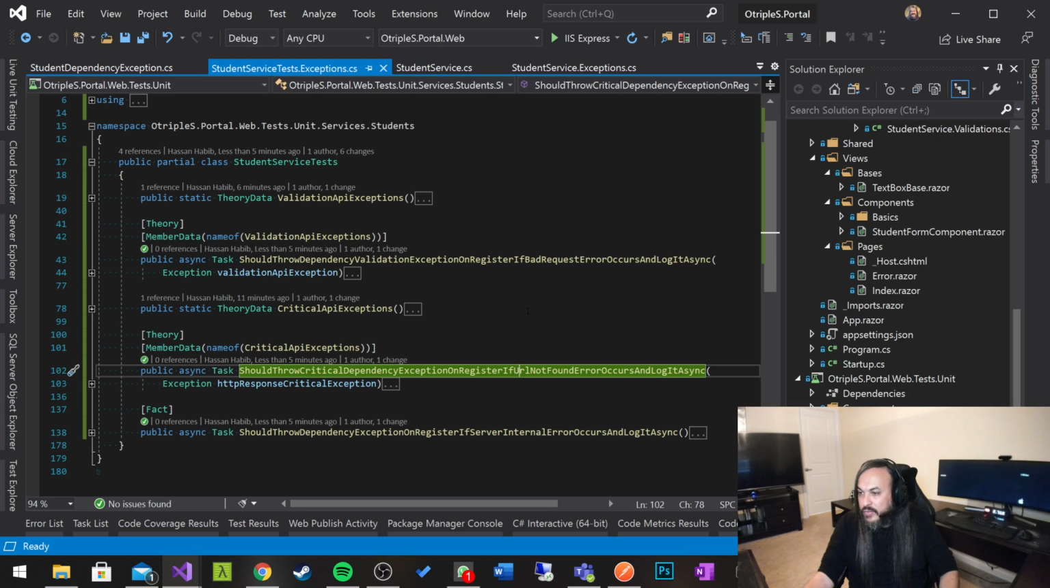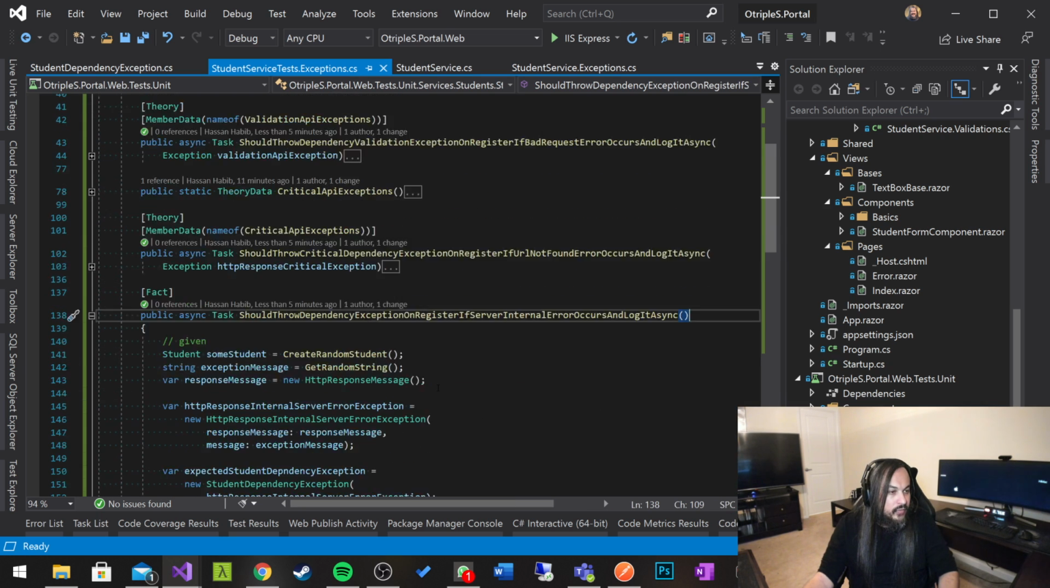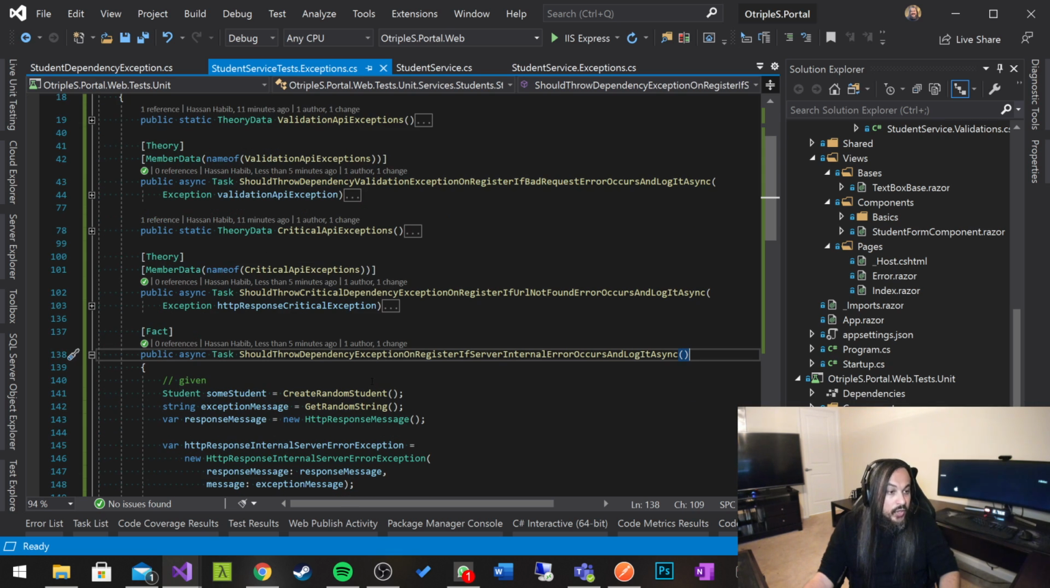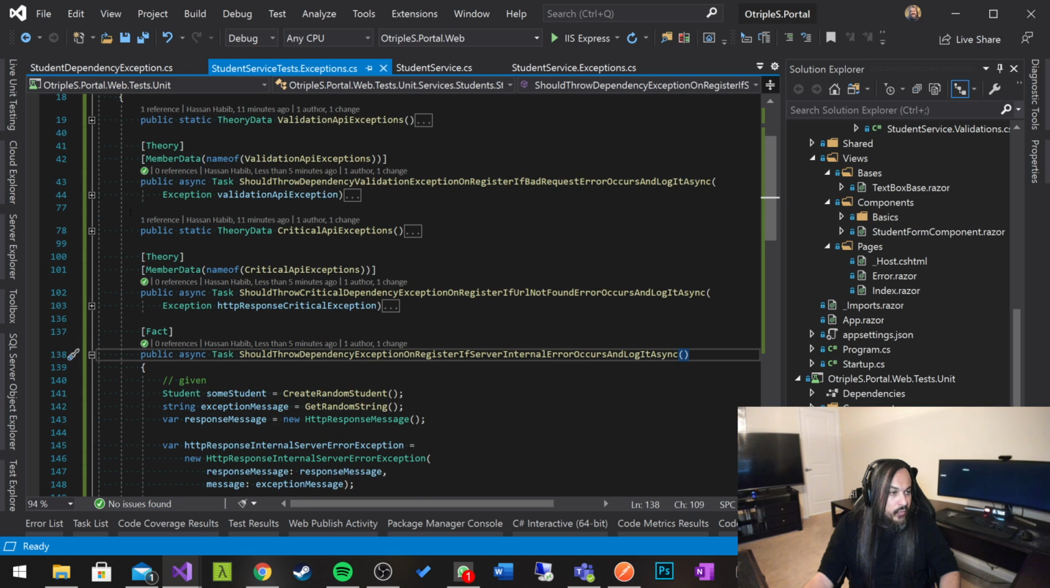This HTTP response is an error that we don't know what it is, and we couldn't understand or really work around what that error is. It's an unexpected error that you need to take care of. We could use theory data in here as well, just like we did with the other ones. So just like we did here, this is a dependency exception. Why don't we just use theory data in here and go and say